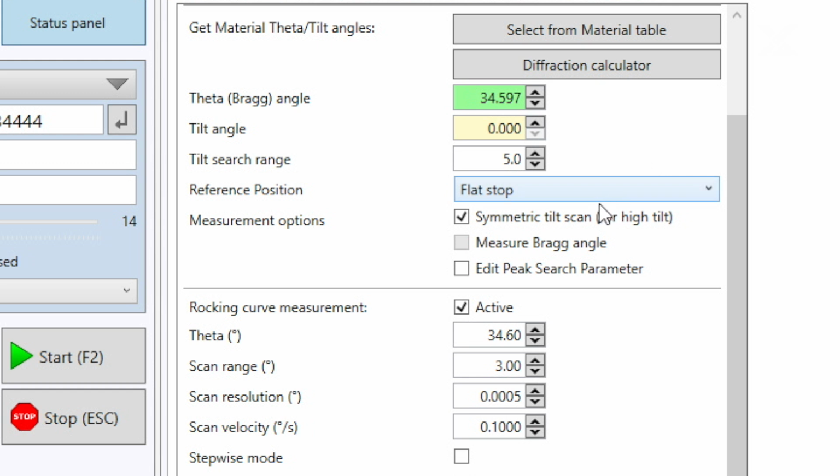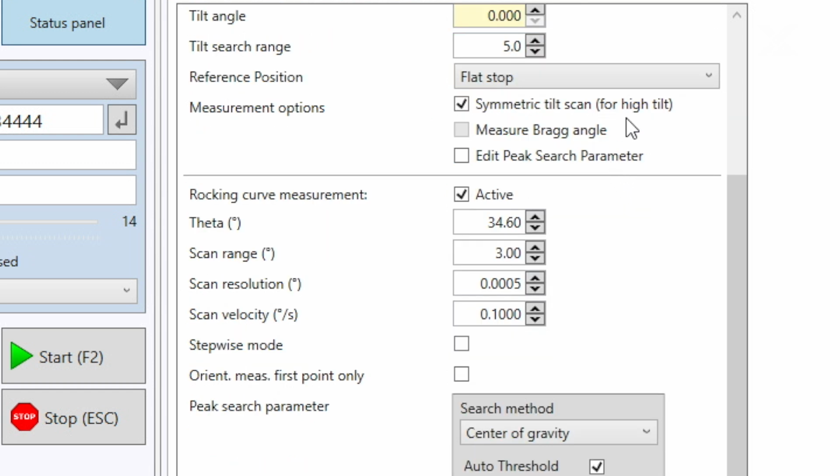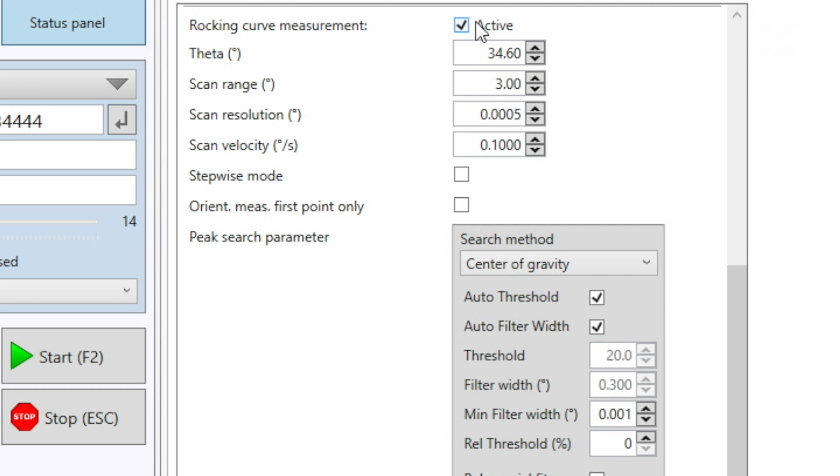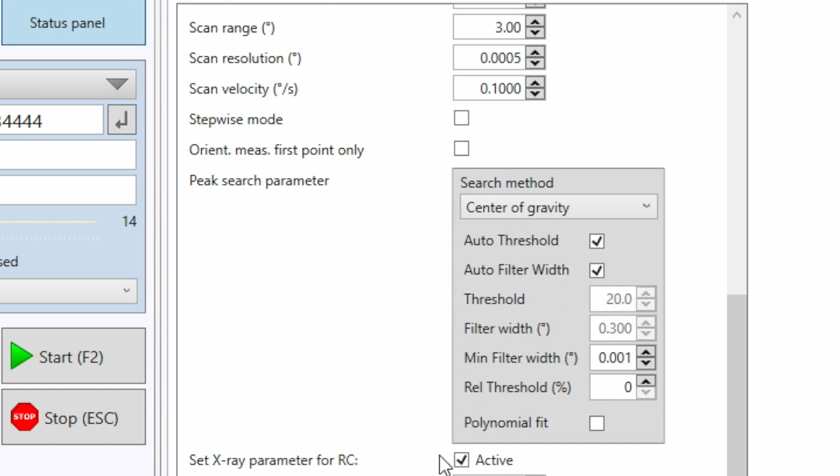We're just using the flat stop, nothing fancy, and I like to use the symmetrical tilts, even though it says only for high tilt, but I like to use it in any case. Down here I've activated the rocking curve measurement to measure around this angle with a range of 3 degrees, so we will definitely find the peak, and then a scan resolution of 5/10,000ths of a degree and a speed of 0.1 degree per second. We can set some parameters for the peak search,